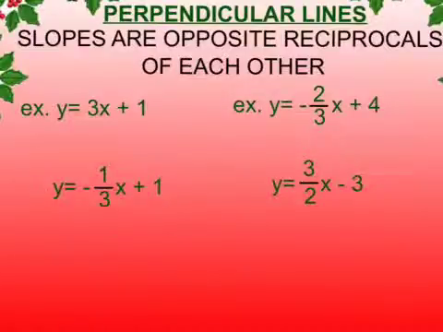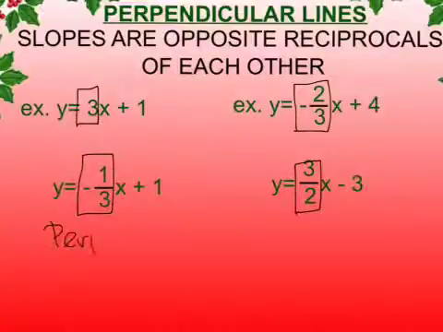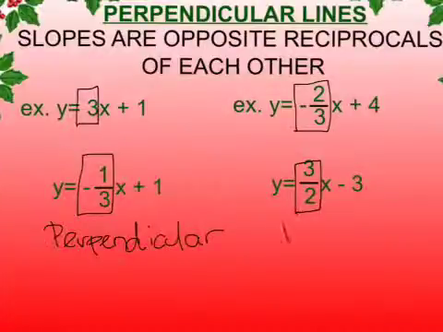Now, the reason that we're talking about opposite reciprocals is because this is how we tell when lines are perpendicular. Lines are perpendicular when their slopes are opposite reciprocals of one another. The y-intercept does not matter. They could be the same, they could be different. But when the slopes are opposite reciprocals, so -1/3 and +3, +3/2 and -2/3, that means that the lines are perpendicular to one another. So both of these examples show perpendicular